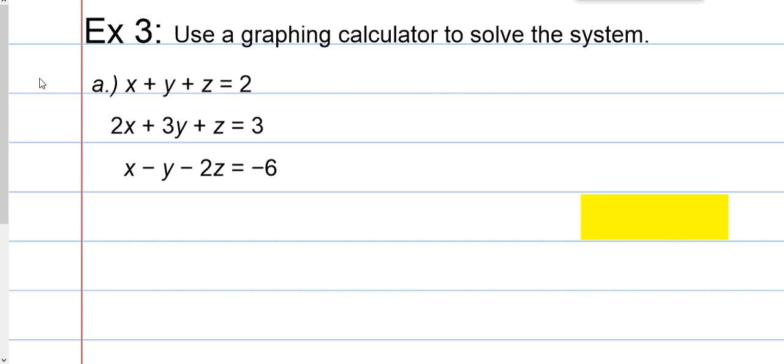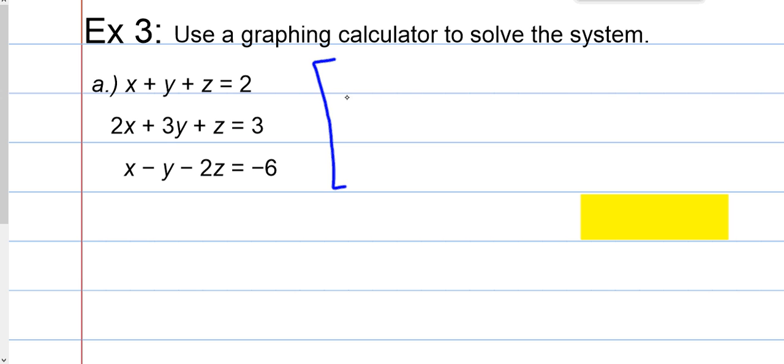Example 3, use a graphing calculator to solve the system. A: x plus y plus z equals 2, 2x plus 3y plus z equals 3, and x minus y minus 2z equals negative 6. The first thing we need to check is whether we are in the right format. Are all variables on the left side? Yes. Are they all in order? Yes, they are. So let's write an augmented matrix